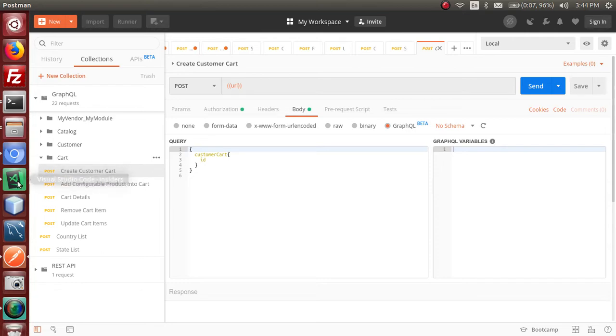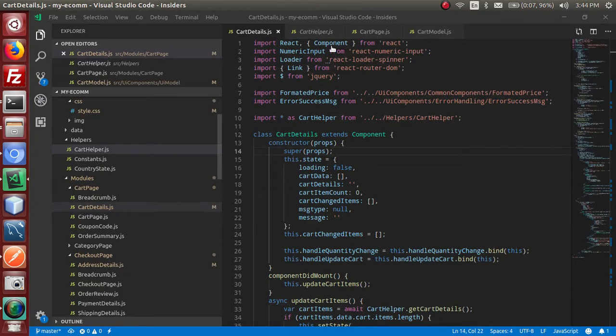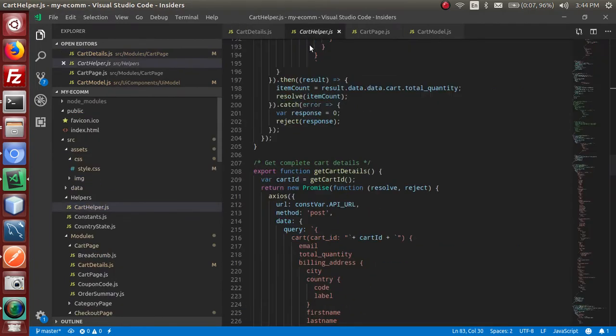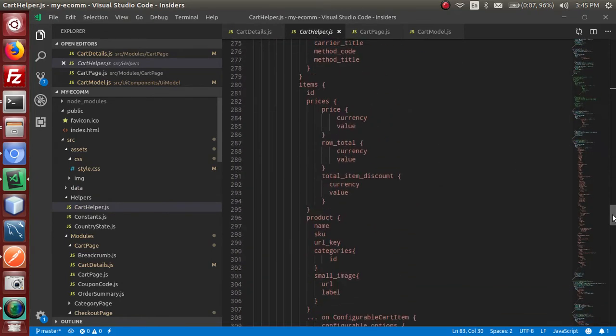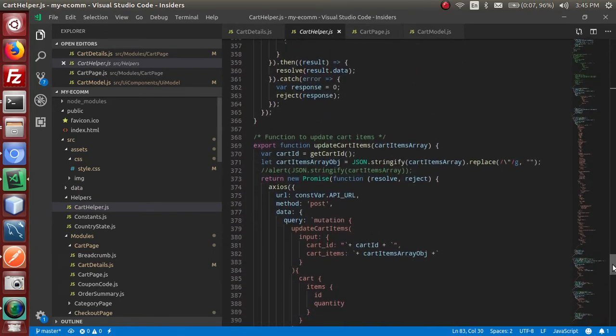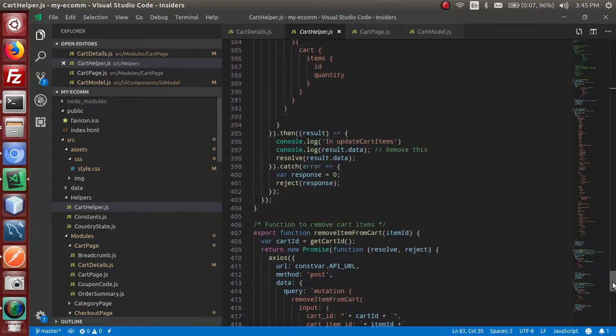On the React side, I have created a few components, that is a cart detail page and cart helper. Cart helper is nothing but a common function file where I have added get cart details, add and remove cart items, and update cart item functionality.